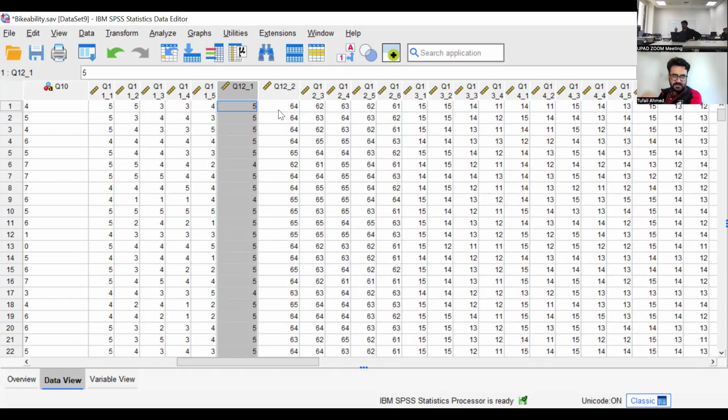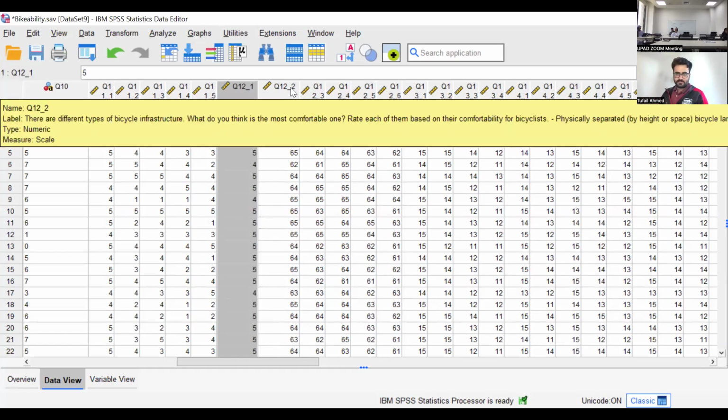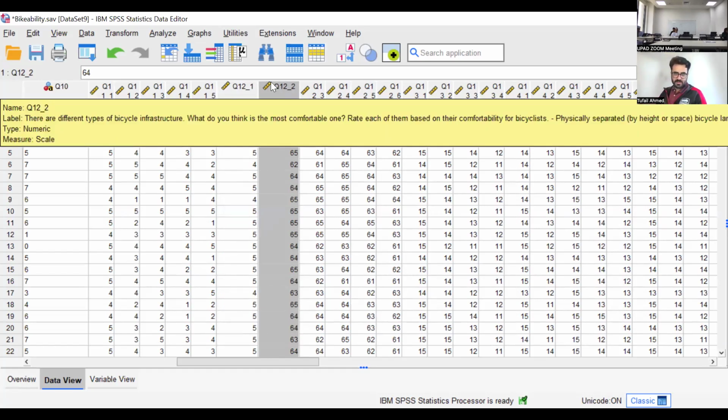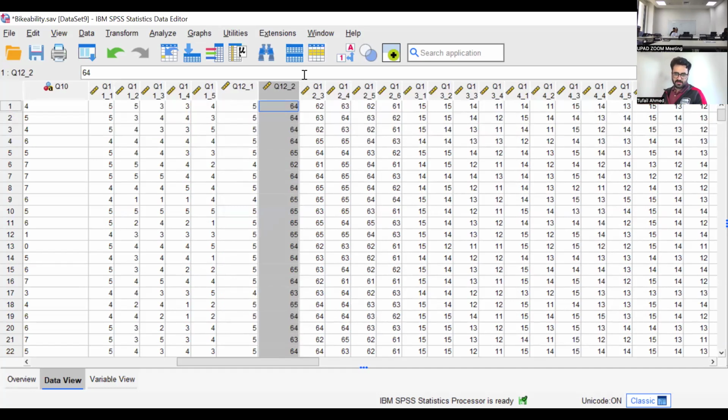So please, a hands-on experience for them is they now need to transform question 12 sub question 2. This one, the next one to it. So practice it. Translate question 12 too in the sheet. This one. Can you all do this question? If you face any problem, let me know. So you can practice on this one. Question 12 underscore 2. Let me know if there are any issues.